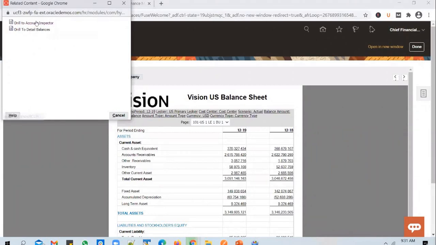I can use drill to account inspector to figure out from which child accounts of 12,000 this balance has come from. And I can go to drill to detail balances to figure out from what journals this balance has come from. So if you see some unusual figure here, you can use drill to detail balances and figure out the journal which has that unusual figure. And you can also figure out if that unusual journal has come from a subledger transaction. And within a matter of minutes, you can figure out what transaction was causing that unusual balance.